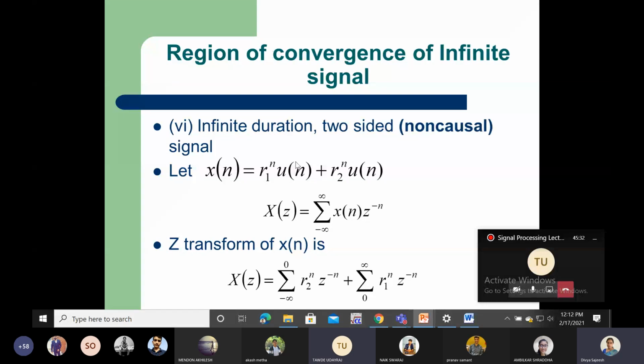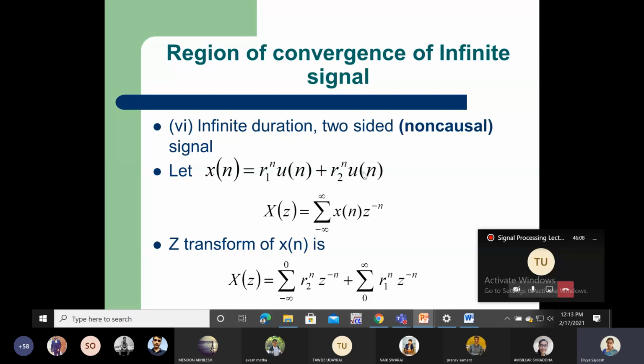Yes, ma'am. So if I multiply any signal with a positive step signal, its signal exists from 0 to infinity on the positive side and its magnitude is 1. So if any signal is multiplied with this, you get the same signal on the positive side. So if R1 raised to n exists on the negative side also, R1 raised to n u of n will give you only a right sided signal because of u of n.